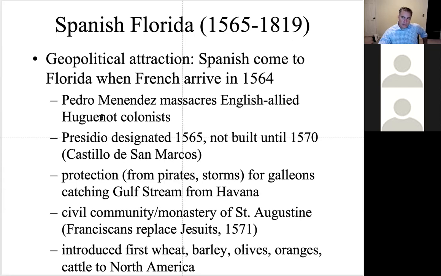And you often read about the French, and you hear about the early commander at St. Augustine, Pedro Menendez, massacring the French in the coastal areas of South Carolina at Fort Caroline, for example. And that's always kind of confusing because